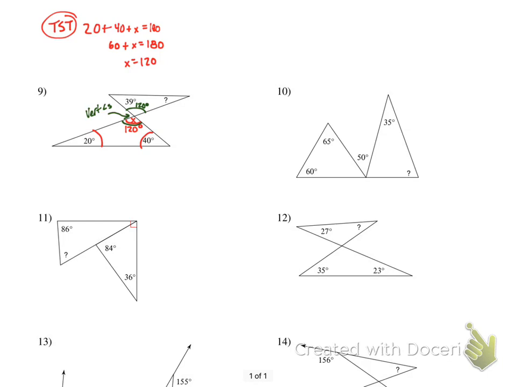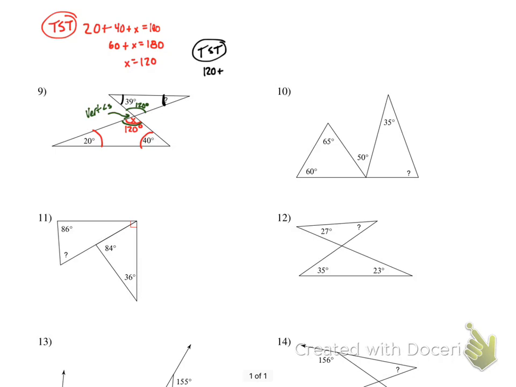All right, the last step, what do you notice in that top triangle? Question mark? There's your question mark right there. What else do we have in the triangle? 2 numbers, 2 angles that are known. So what can we use to solve for the unknown? TST again. If we know 2 angles, we can solve for the third with triangle sum theorem. So I'll just show triangle sum theorem. Tells me that